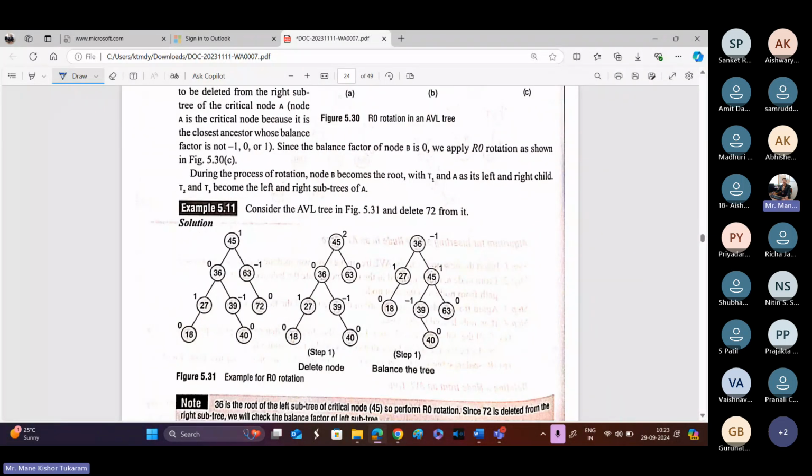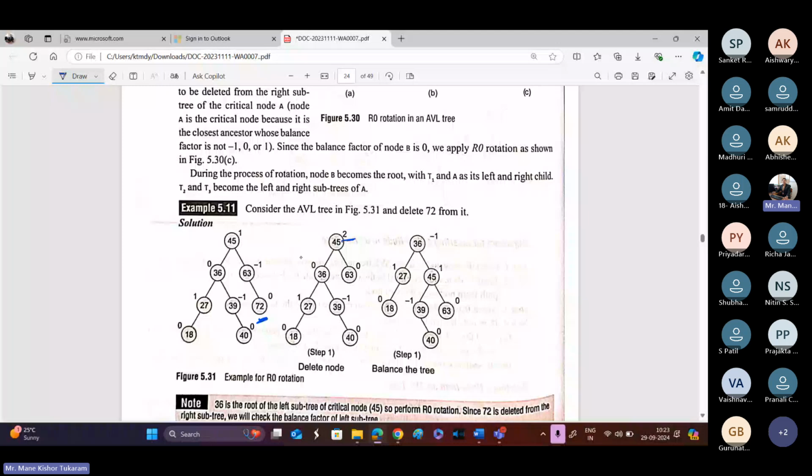So suppose here 72 is deleted. Then in that particular case, this balance is unbalanced. So it is more than 1. So we have to perform the particular left shift. So we have to rotate in this particular direction, and this 45 is shifted to 40